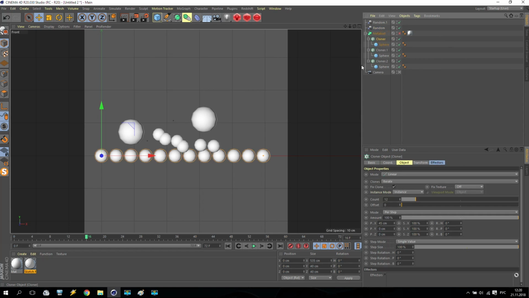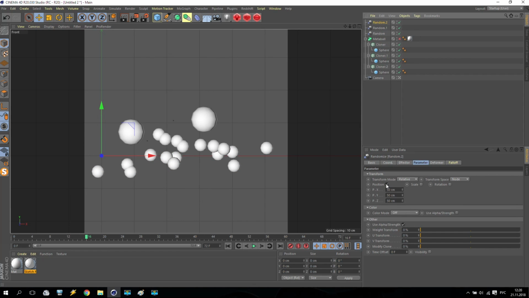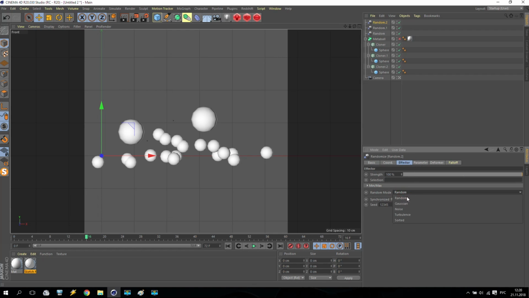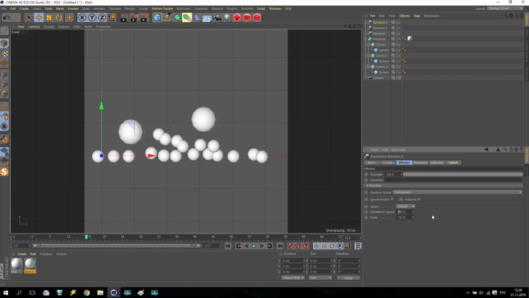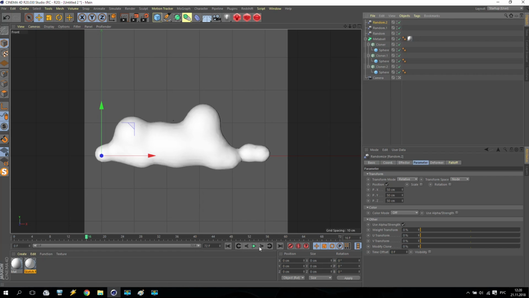Same, I will select this downstairs cloner, going for MoGraph, going for effector, going for random, and what we will do, we no need up and down, maybe just a little bit 20, but before, don't forget to change effector for turbulence and speed for 1000. Okay, maybe not 20, maybe 50, maybe something like that. So show, and you can see